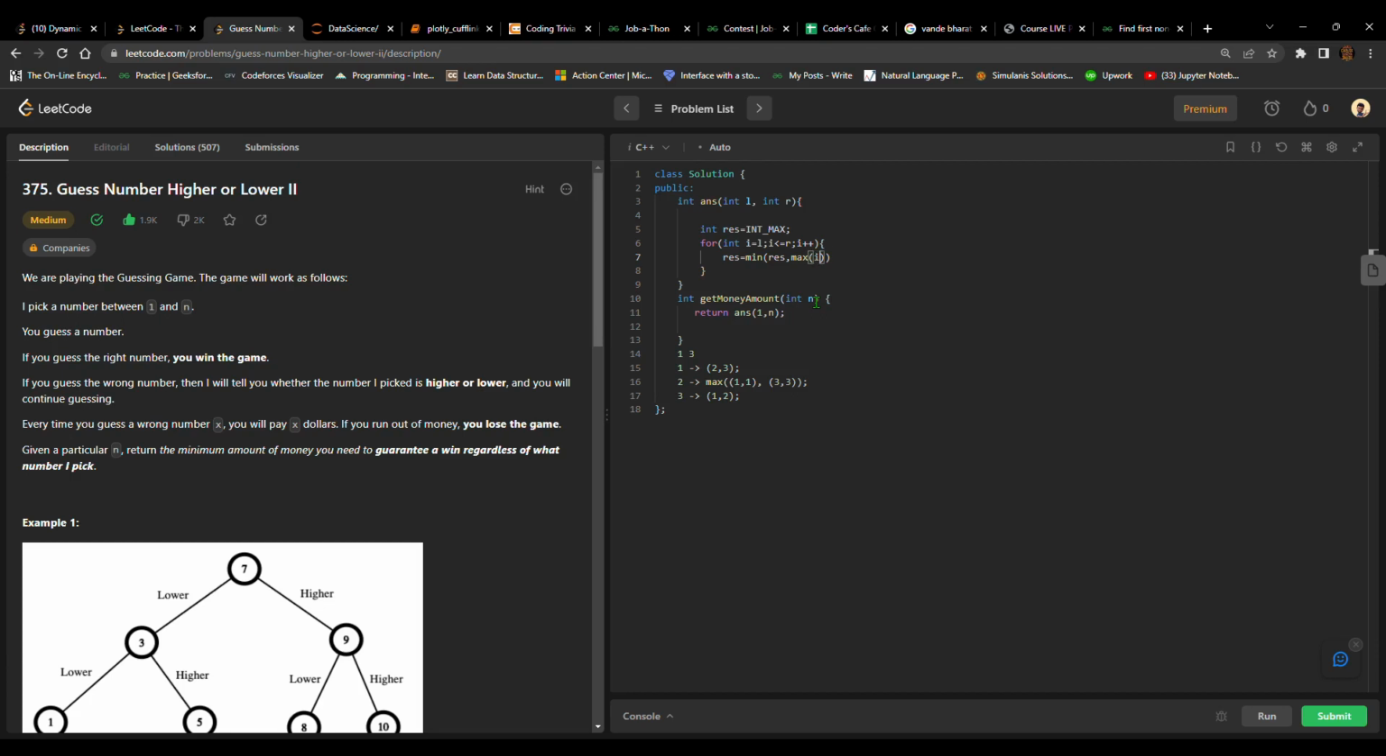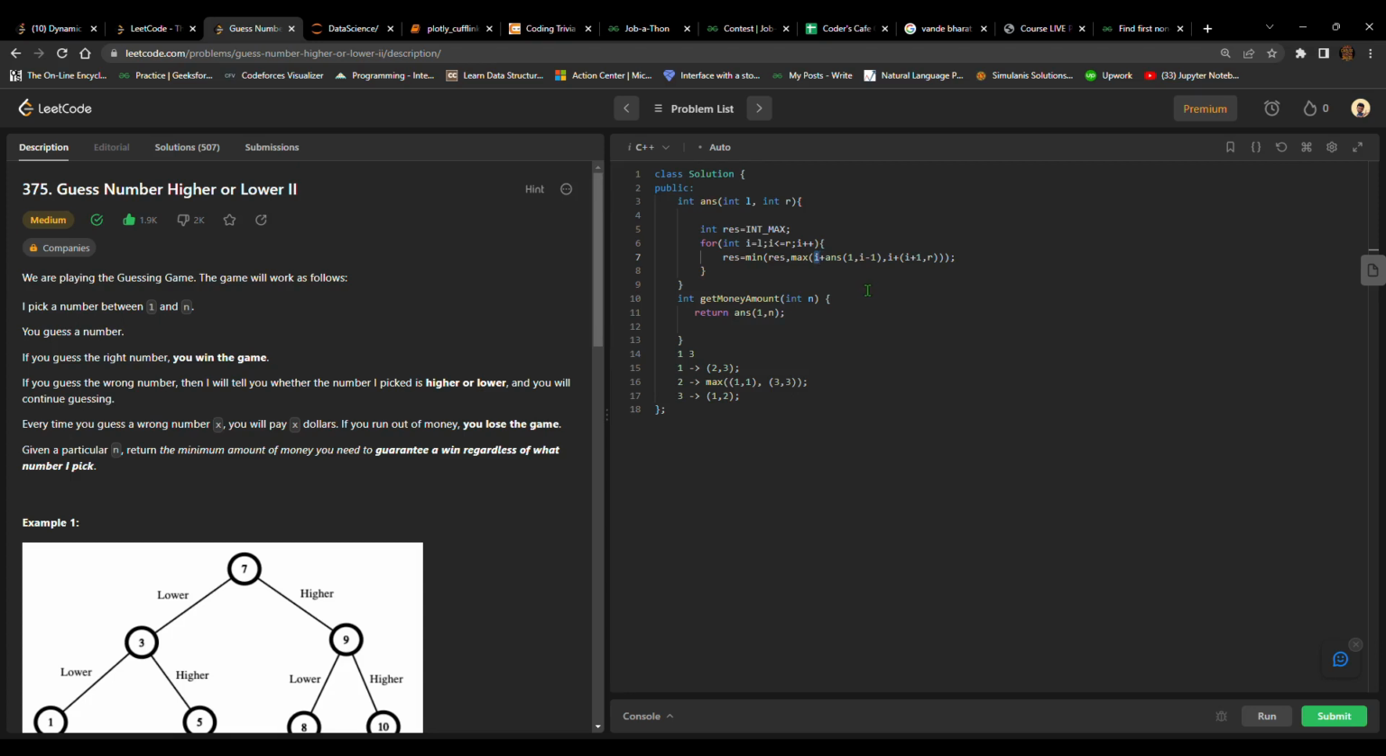maximum of I plus answer of 1 up till I minus 1, comma I plus 1 up till R. So what we really did is that, supposingly I make a wrong guess. In that case, I need to be charged with a penalty amount, and that penalty amount was that ith value. I am charged with that